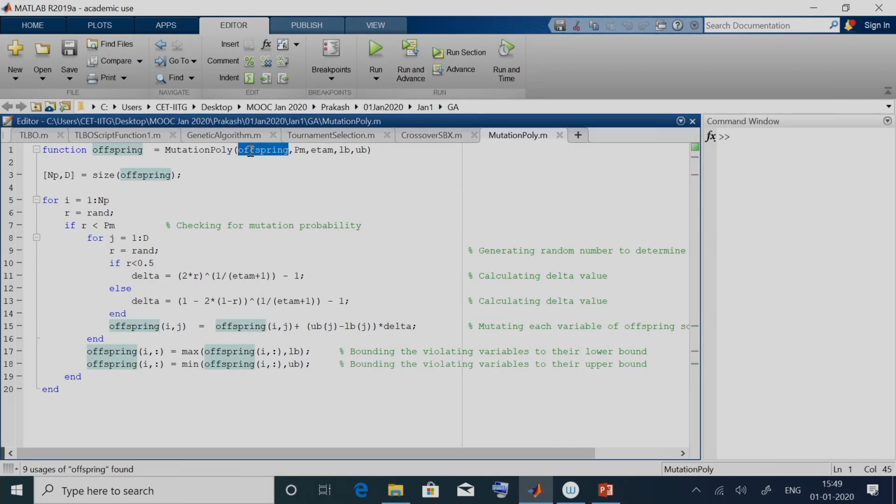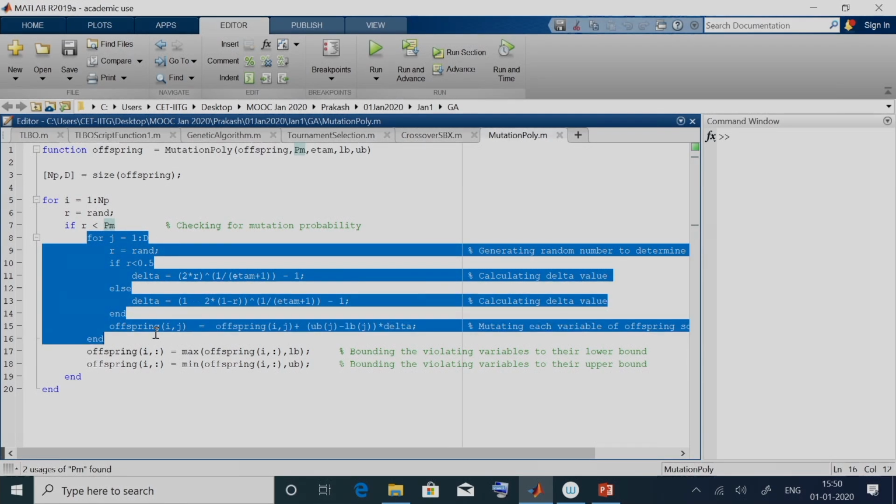So we receive the offspring, the mutation probability, the distribution index for mutation eta m, and the lower and upper bounds. Similar to crossover, we first determine the population size and the dimension of the problem. For each solution we perform mutation. We generate a random number r. If r is less than the mutation probability we perform the mutation, else we do not need to do anything and the offspring remains the same.